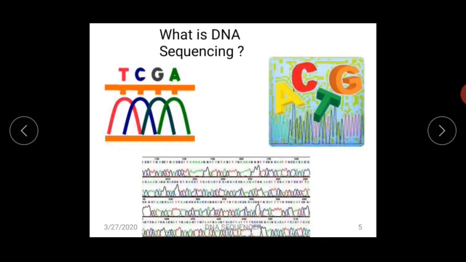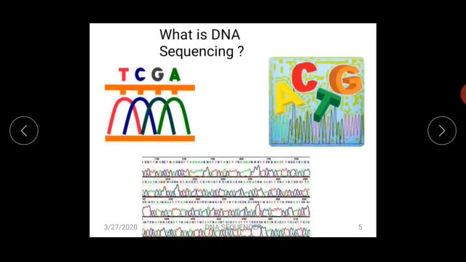After the DNA sequencing is completed, this is how the result looks in the plots. If we see here, T gives the color red in the peaks, C gives the blue color, G gives the dark green color, and A gives the green color. So these bases, as they come in the thread of whatever gene or DNA sequence we are looking at, will show the peaks.